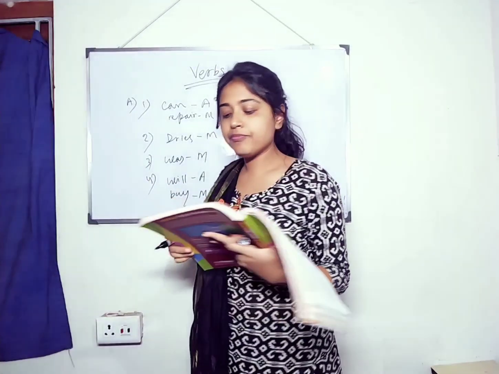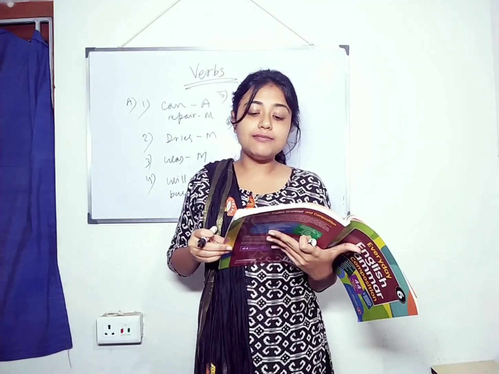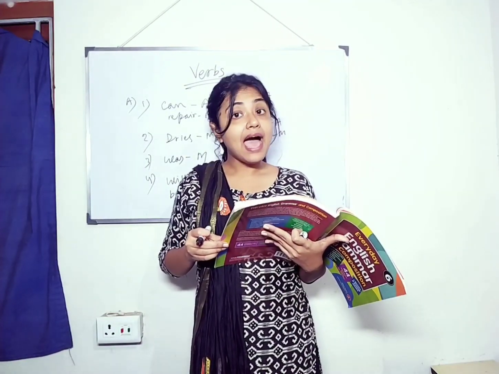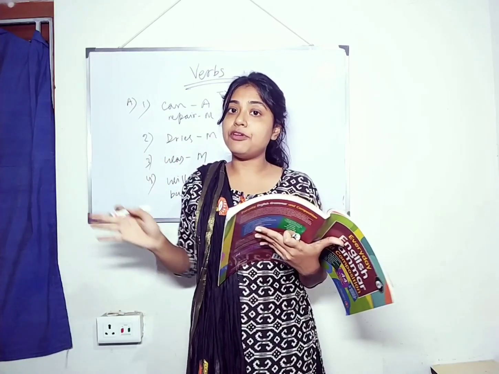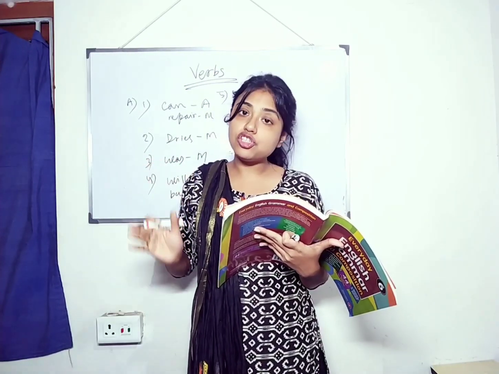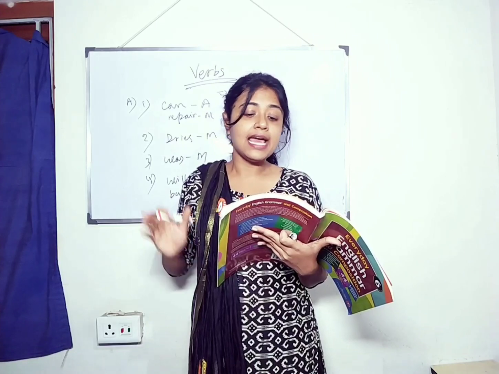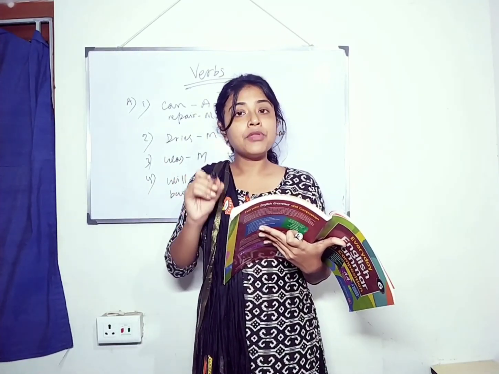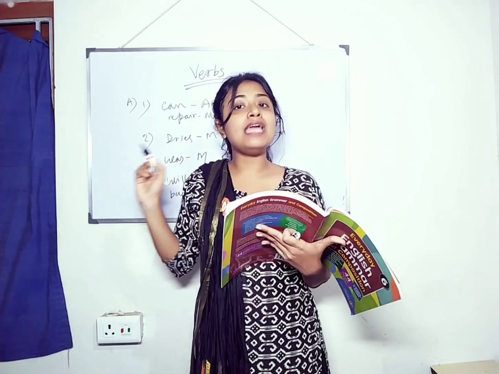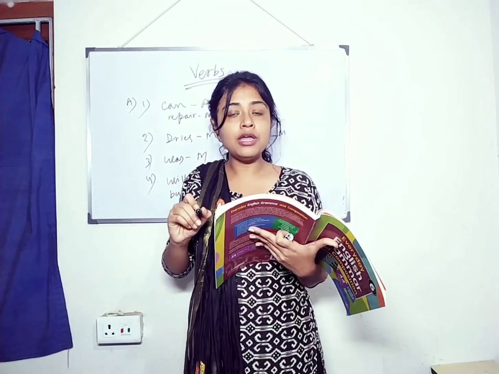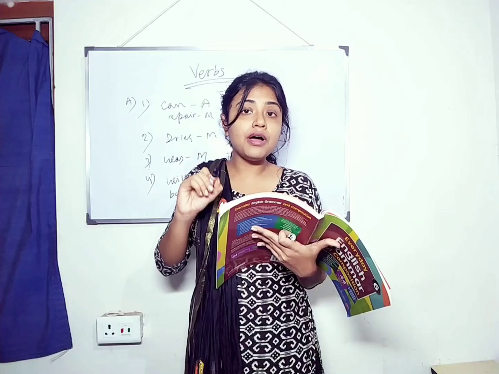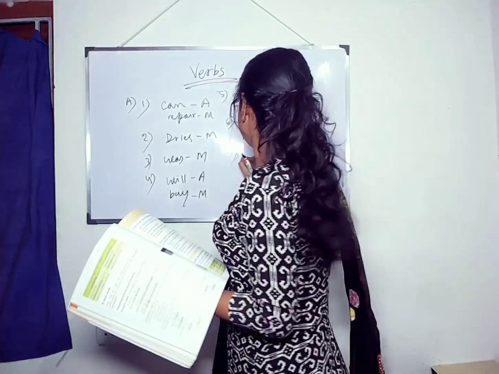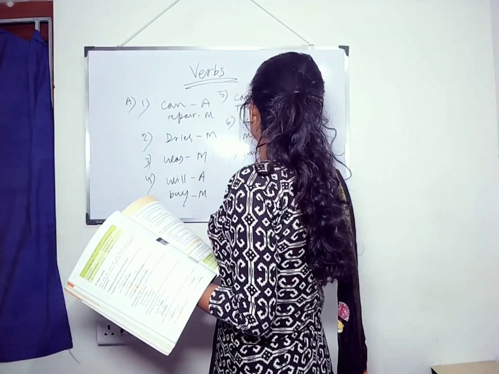Number 7. I have 12 books in my bag. Have, we have discussed in the previous class, have can also be used in both the ways, that is main verbs and auxiliary verb as well. So here have is not assisting any other verb. Have is there alone and it is serving the purpose of a main verb. So have is main verb.